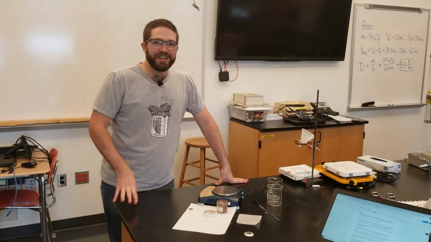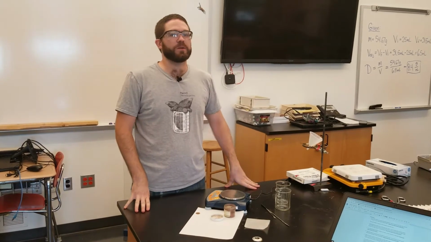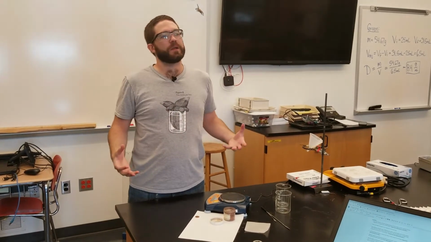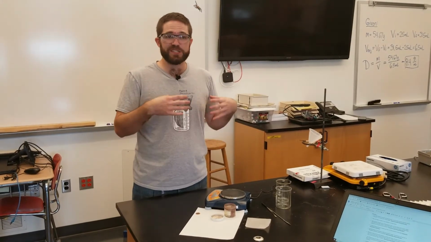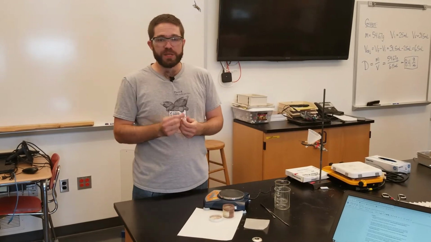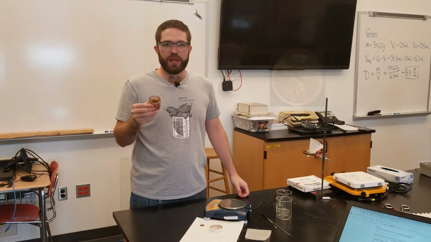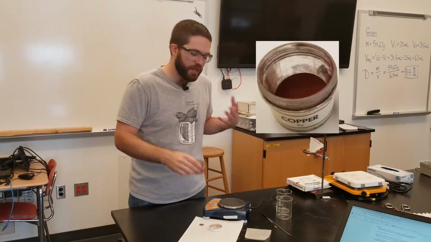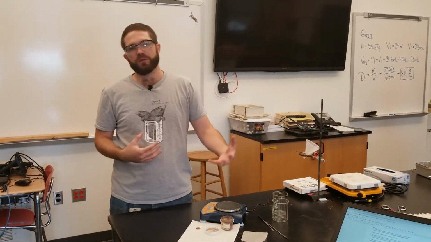Hey scientists, today we're going to be doing one of my favorite labs, and that is the Copper Cycle Lab. In the Copper Cycle Lab, we're exploring one of the fundamental principles of chemistry, and that is that things change, right? So we're taking ordinary copper, the same kind of copper that you'd find on a penny, but in this case we have ground up copper dust here. We're taking that ordinary copper and we're going to be leading it through all sorts of cycles and changes.